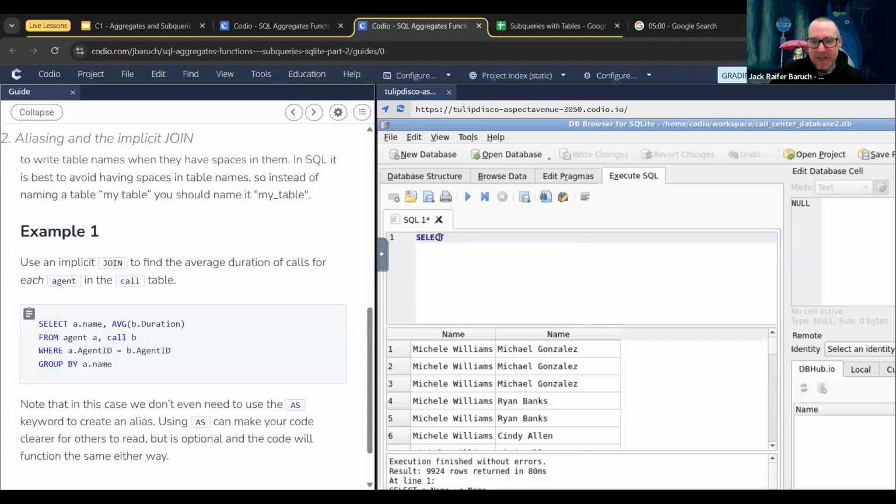So I'm going to do something particular. I'm going to get the name from the agent table, which I'm going to call A. I'm going to get the average duration from the call table, which I'm going to call B in this case. So B dot duration, B as in table B. So again, if I'm calling the agent table A, what do I need to do here? From agent